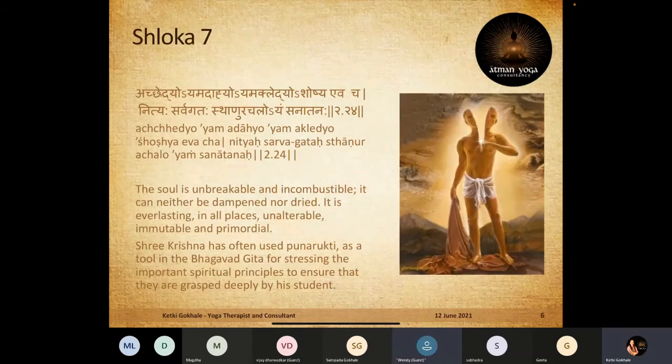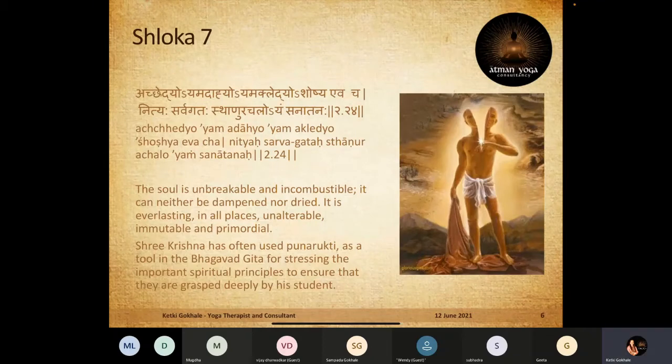Okay. So now we'll look into shloka 7. Achedyo'yam adahyo'yam akledyo'shosya eva cha, nityah sarvagatah sthanur achalo'yam sanatanah. This shloka is saying the soul, the Purusha, is unbreakable and incombustible. It can neither be dampened nor dried. It is everlasting in all places,